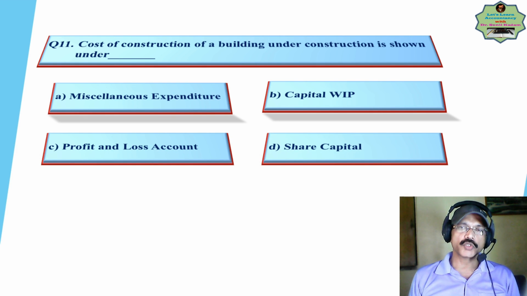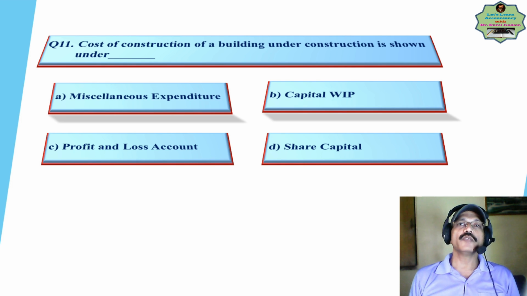So the construction which is going on but not yet finalized, where has it to be shown? When the construction is completed, it will be transferred to the building. That comes under fixed asset, tangible. But up to the date the construction is going on, it will be transferred to